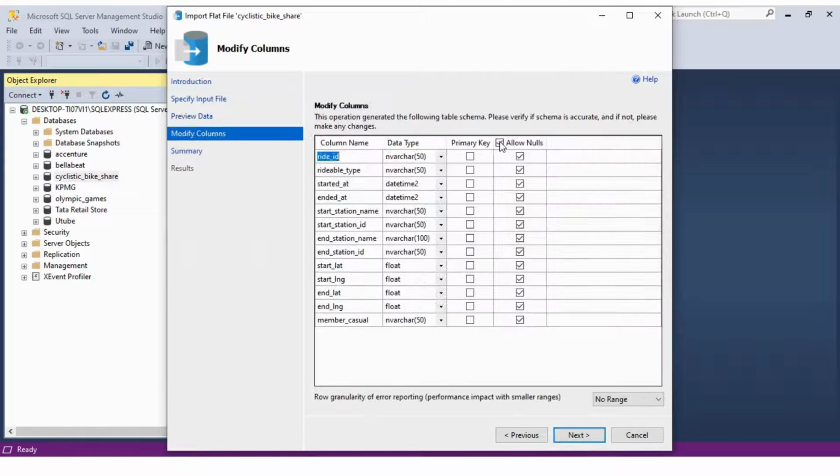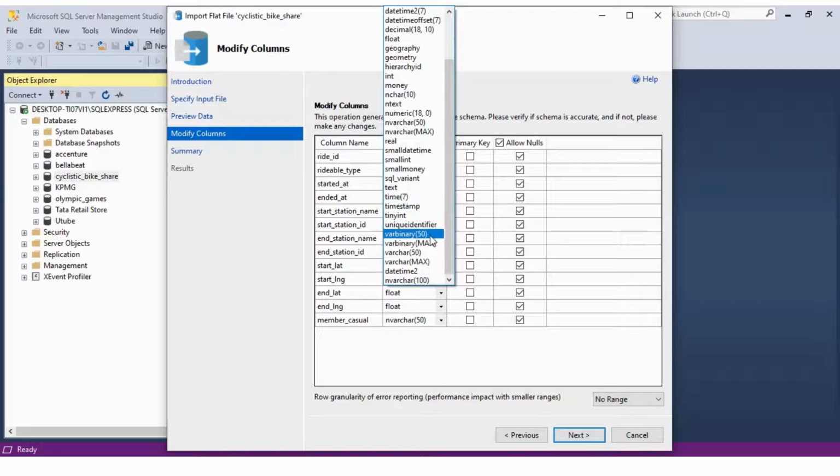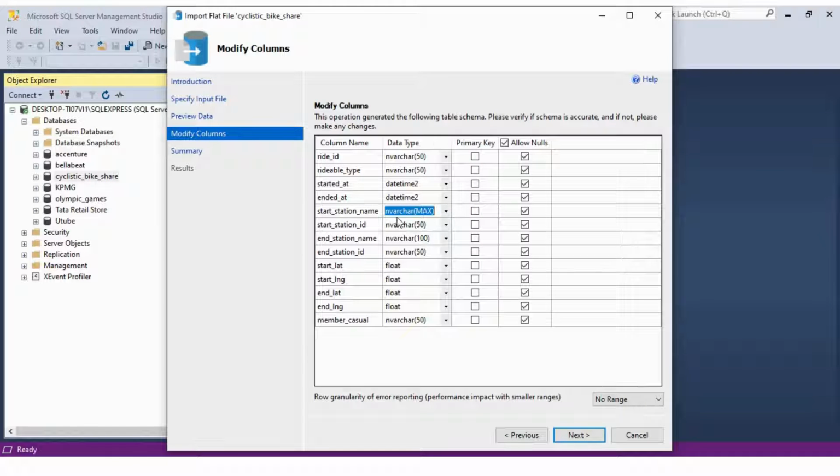Now I'm uploading the dataset for the month of July and then allowing null values and changing the data